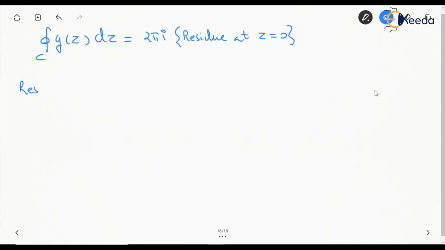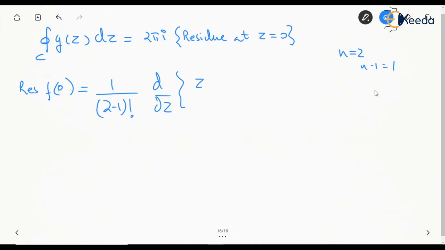So the residue at z equal to 0: now n is equal to 2 in this case, because it is a second order pole at the origin, so the expression is going to be 1 by (2 minus 1) factorial, d^(n-1), so this is the first derivative of z minus a, a is equal to 0, so we can directly write z square, into the function which is 1 plus c2 into z plus c1 divided by z square, for z tends to 0.